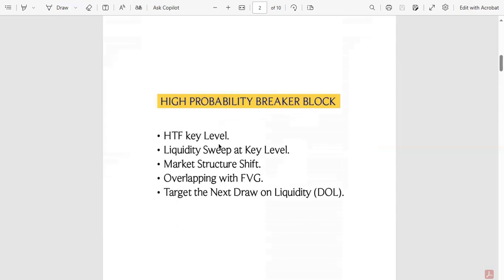Not every breaker block is going to function. Not every breaker block is going to actually push price in the desired direction. Some breaker blocks are going to be disrespected, and that's what makes other people not take much time in understanding breaker blocks. They say, it's better if I just use order blocks. Why? Because they think trading